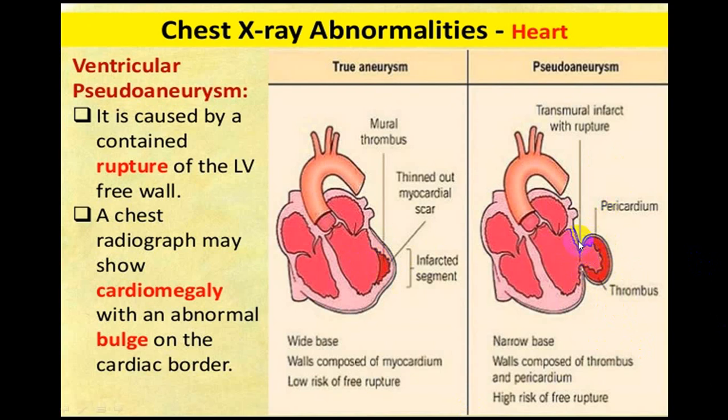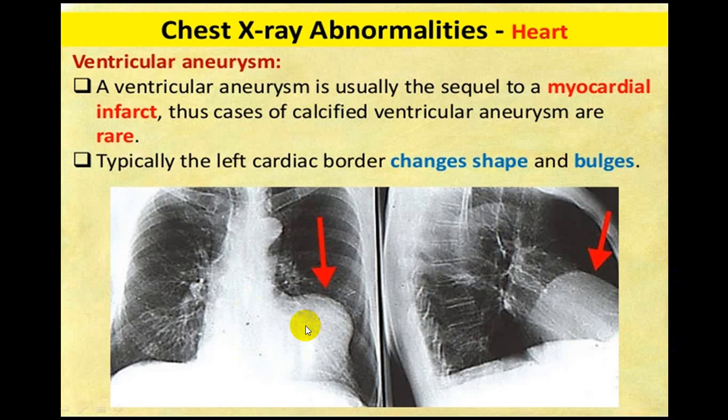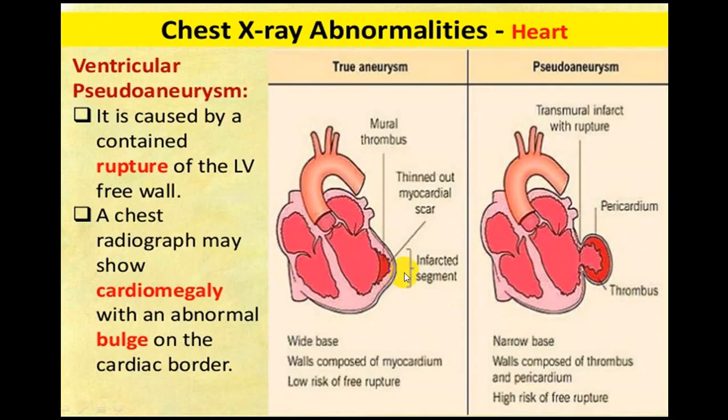Now, whenever you have only the pericardial layer, no myocardium, then it is called a pseudoaneurysm. While if you get a myocardium, here you can see a myocardium here, then this is a true aneurysm. This may not be easily identifiable on this X-ray. You will be able to identify it if you have a CT or an MRI. So, true and pseudoaneurysm you will be able to differentiate only on that. So, you should be able to identify that on CT or MRI.